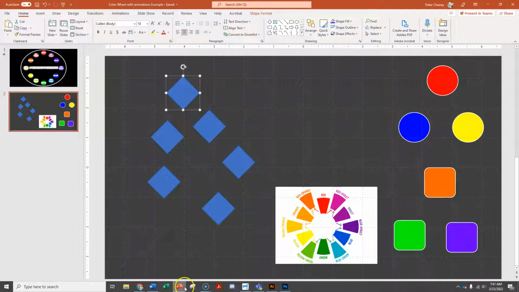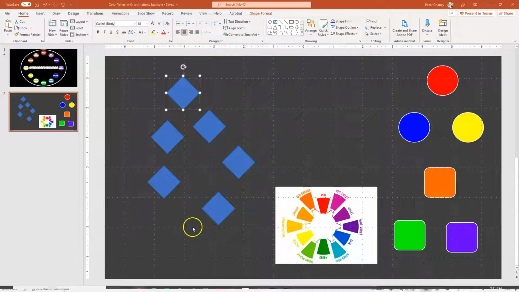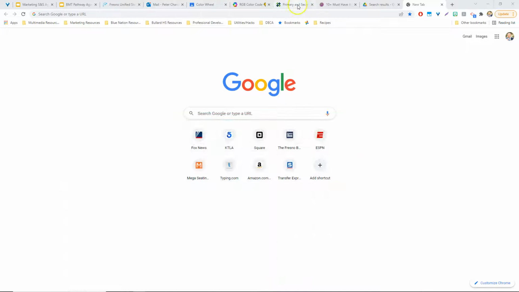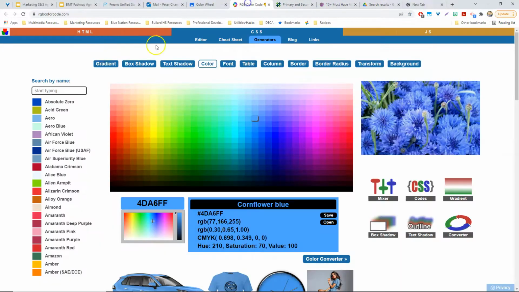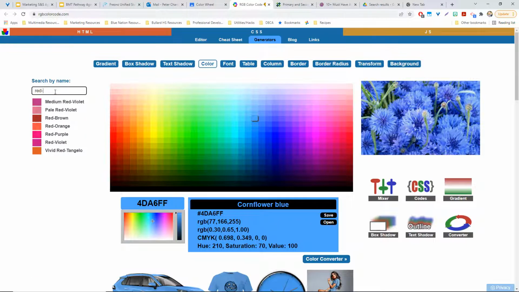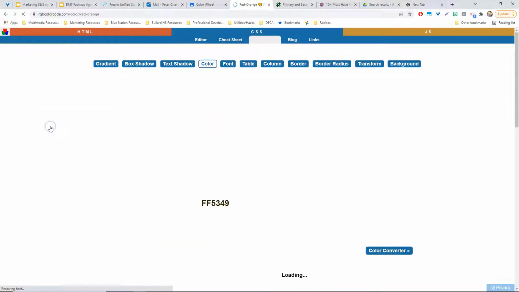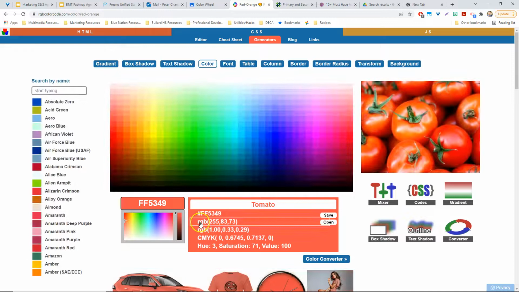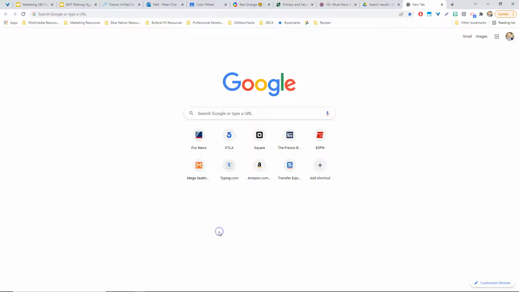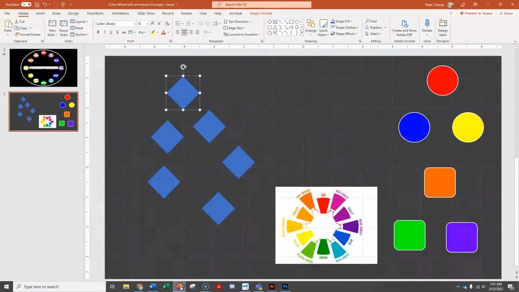So going back to the website, I'm going to look up red, orange, and I'm going to do this, red dash orange, and there it is. And we're going to find our RGB color is right here. And so what I like to do is actually grab it so I don't have to remember the number. So I'm going to do that. Go back to my PowerPoint,